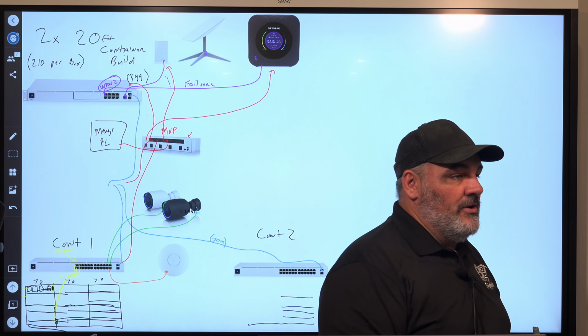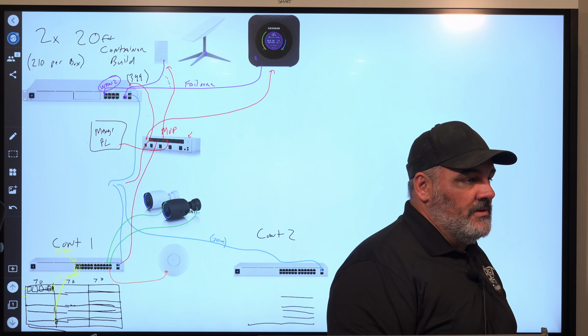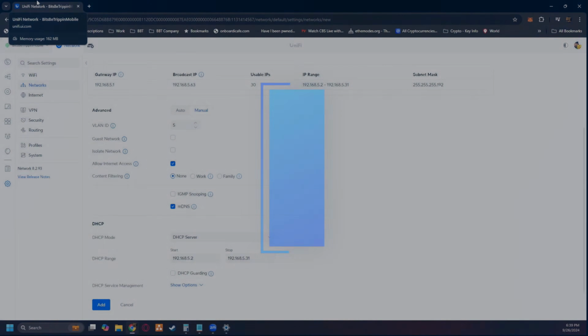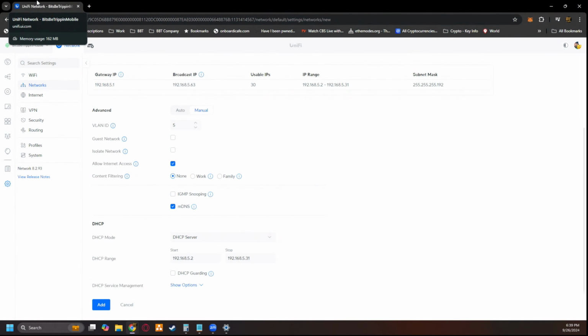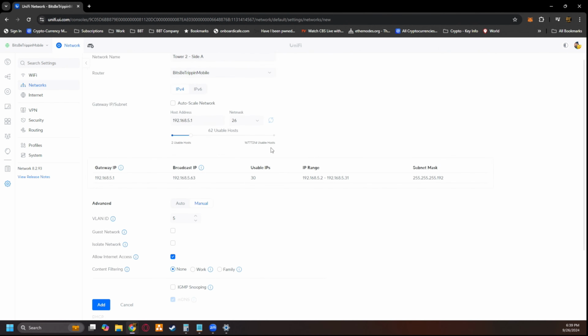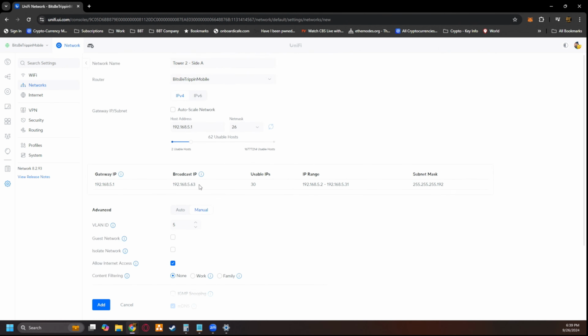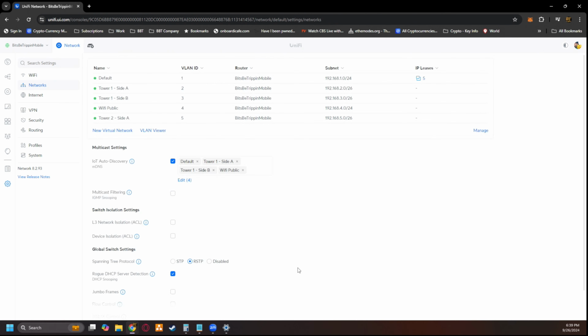So let's move this back over to the laptop here real quick and take you guys through this. So that's how you range your IP ranges. And then we're going to add this one, right? So now you can see this is another one that's a range here. And what you're seeing every time that we do this is we're bumping the subnet mask, right? So this is how you're going to breach the